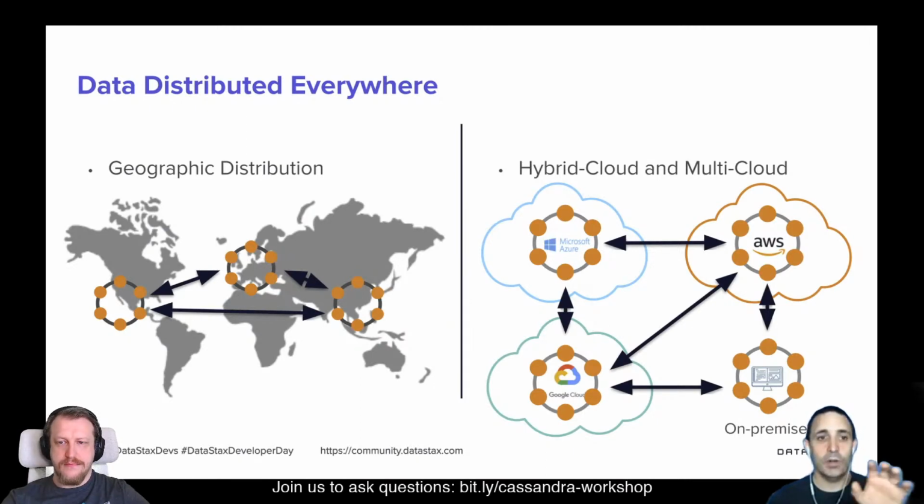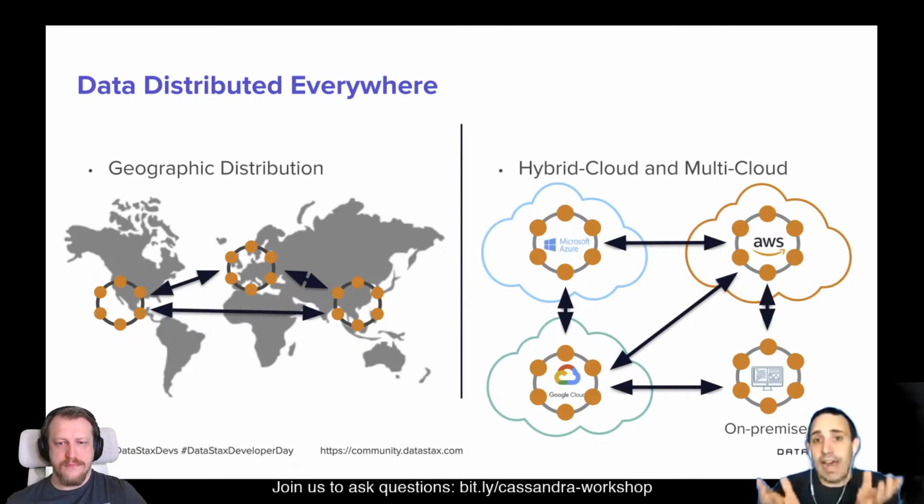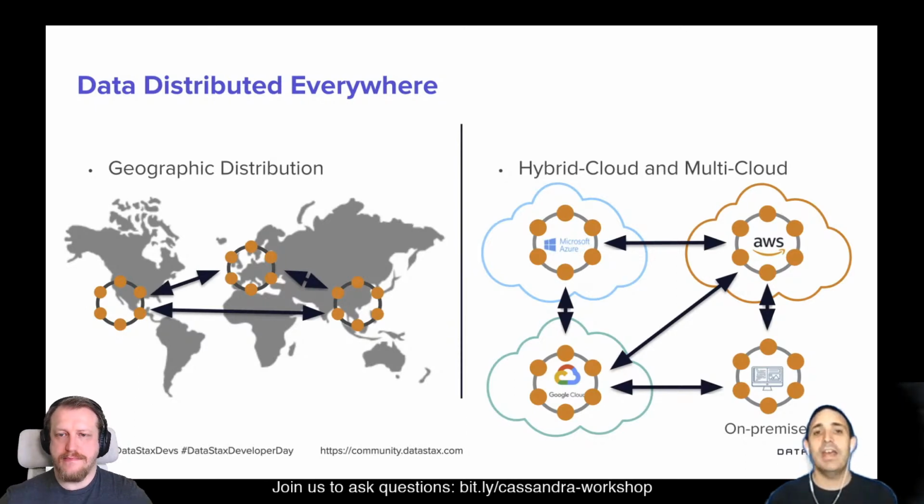What I can do with geographic distribution, you can also do in hybrid cloud and multi-cloud environments. You might already have thought, oh, I've started to use AWS for some of my projects, but now I may have a free Microsoft Azure 3-year plan. With Cassandra, you can totally have the same data layer available across multiple clouds. And also, by the way, on-premise. And now if I update my customer repository on-premise, then every cloud is updated. Like that. You don't have to do it on your own.